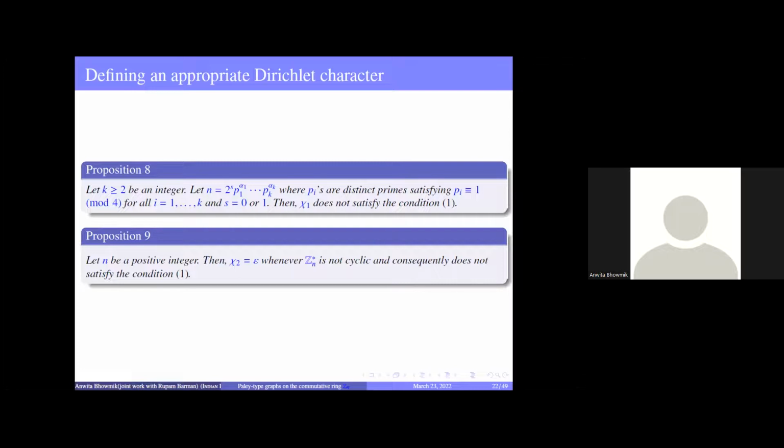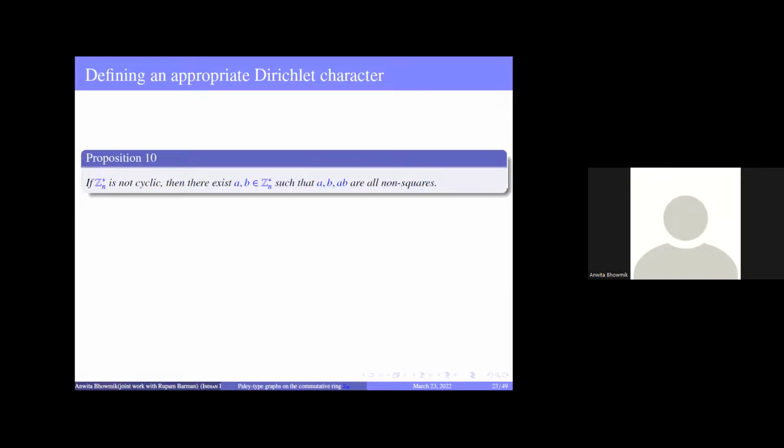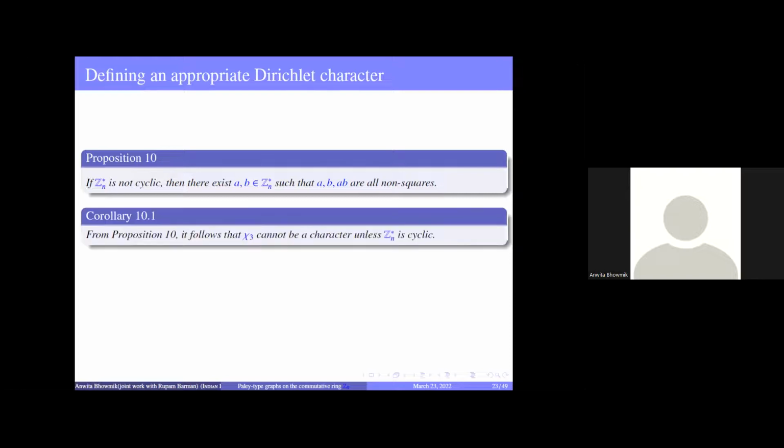Okay. So if we take Zn star not to be cyclic, then we cannot use chi2 as well. And the next proposition says that if Zn star is not cyclic, then there will exist some A and B in Zn star such that A, B, and AB are all non-squares. And from this, it follows that chi3 also cannot be a character unless Zn star is cyclic, because then chi3